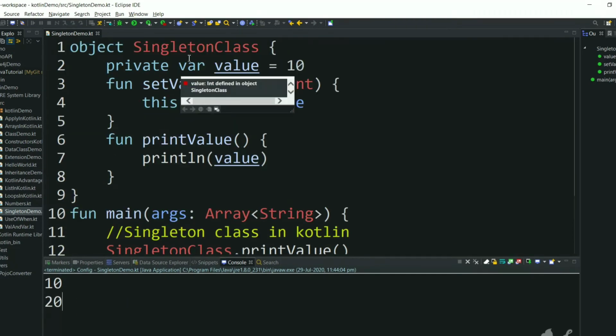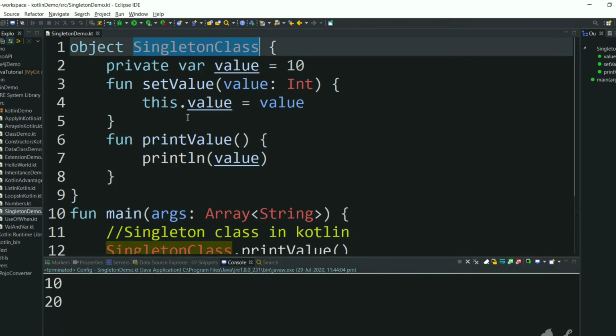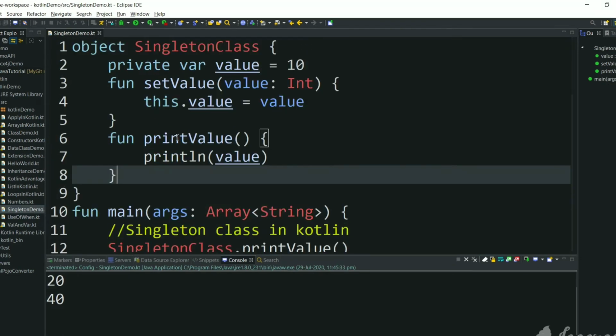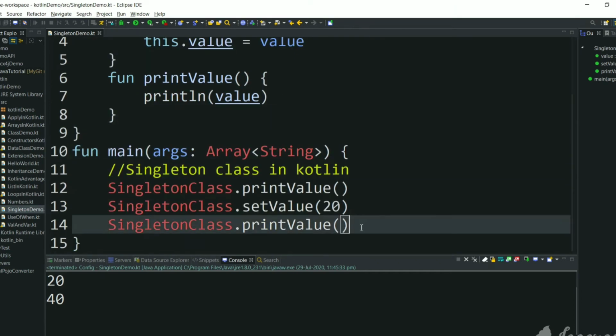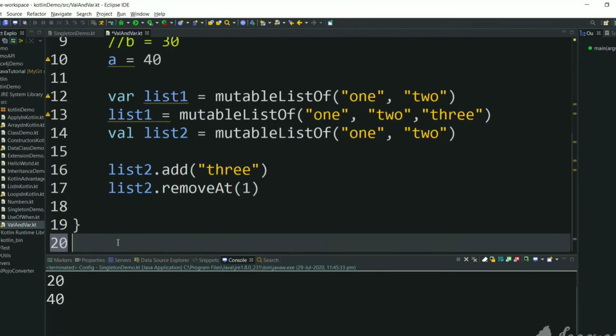As this is an object instance, we access this object variable and print the value. Every time we print the value, we get the latest value. Now we will try to access this singleton variable from another class, change its value, and print here. Then we need to get the latest changed value. Let's go to another file and create a function changeValue.